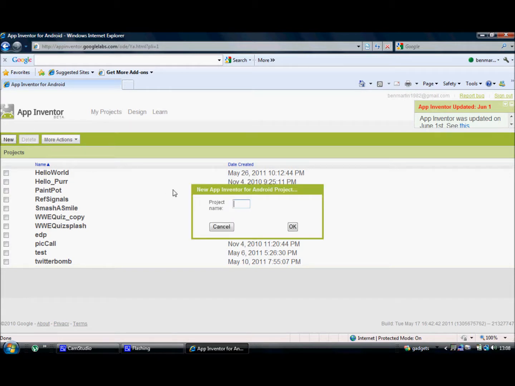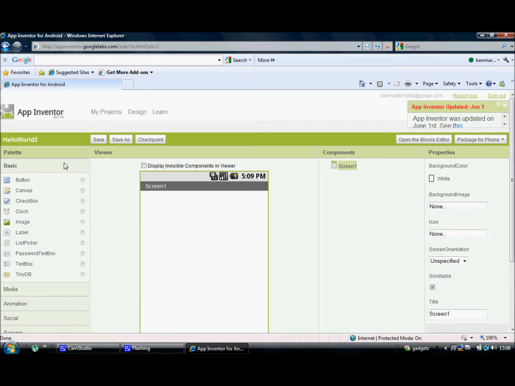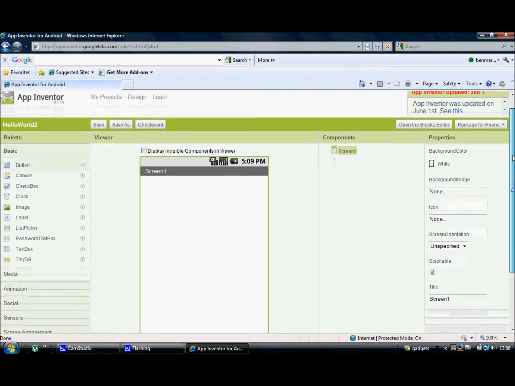On the handout, it'll tell you to rename your project Hello World. Well, I've obviously already made the Hello World project, so I'm going to be giving this Hello World 2. And then go ahead and click on OK. And then it takes you directly straight onto your design screen. This is what's described in step 2 of the handout,